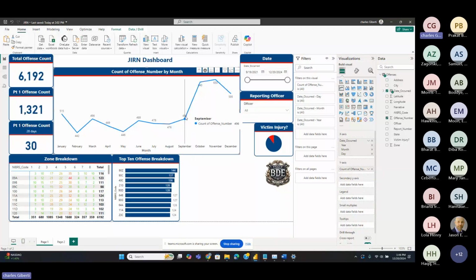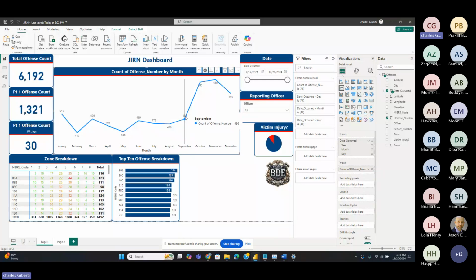This is useful whenever we look at seasonal patterns and trends. So one question that often comes up is, in our jurisdiction, does crime tend to go up in the summer or down? Do we tend to see a peak during spring break? Do we tend to see a peak in theft during Christmas season? Things like that. This is useful for those sorts of things, but it's a little confusing,